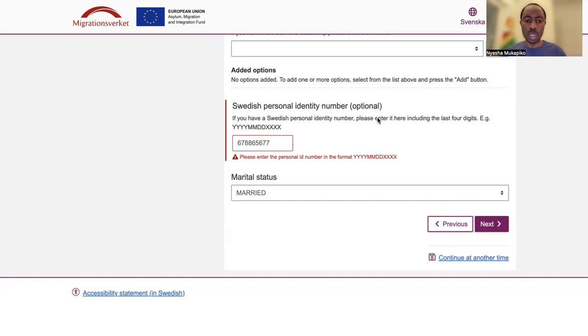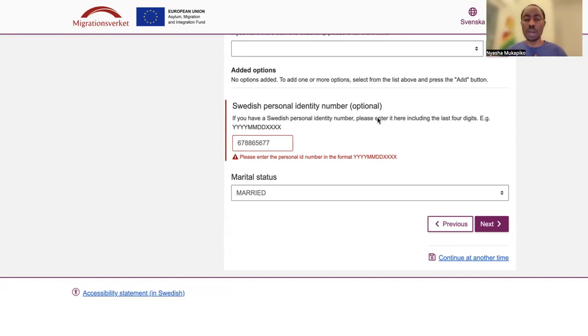Then you also have to answer different questions like, are you going to be receiving free food? Which you will simply say no, because you are going to be paying for your own food. Are you going to be receiving free accommodation? Which you will say no, because you are going to be paying your own rental.